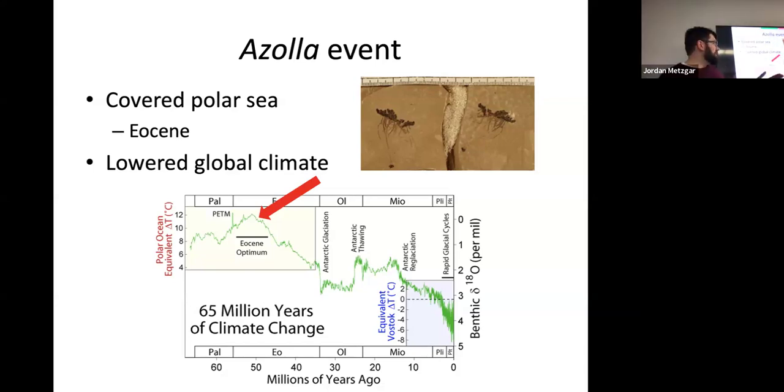It was so hot then that there were freshwater seas in the polar areas. And we found huge deposits, like tens of feet of fossil Azolla in these areas. So near as I can tell, Azolla would grow in such vast quantities on these polar seas and then sink to the bottom and get locked away in the sediments that they sequestered a ton of carbon and actually lowered the global climate. So could be a cool one for today, but that is geologic time we're talking about. So that might not be a feasible strategy for today, but